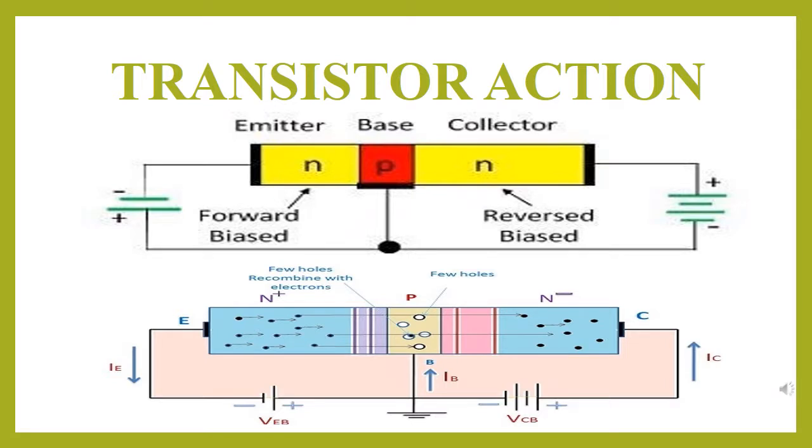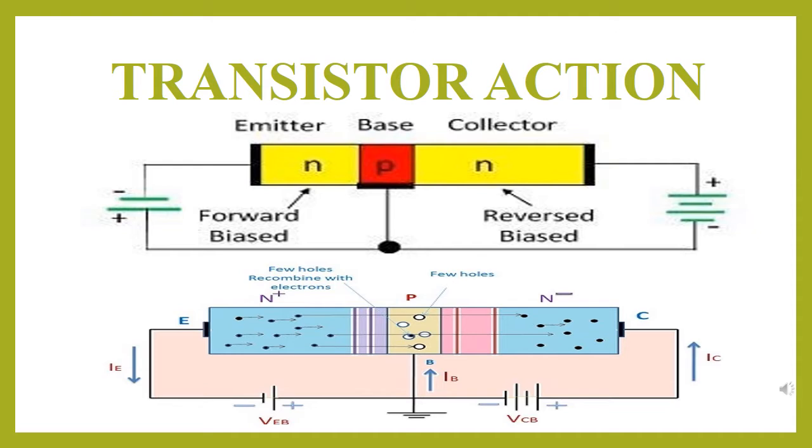Now today we will study transistor action. To see the action in the transistor, we have made this circuit. The depletion layer between emitter and base is forward biased. What happens in forward bias? The depletion layer shrinks, and once we increase the voltage sufficiently, more than the cutoff voltage, it will demolish. There will be no depletion layer and the current flows very easily from positive to negative.